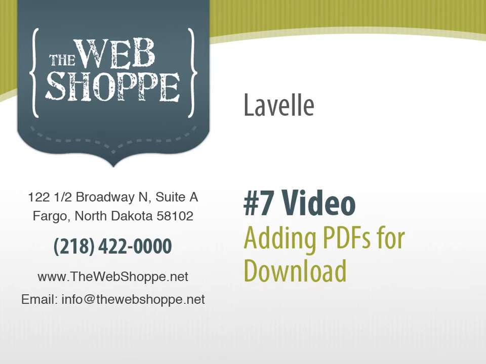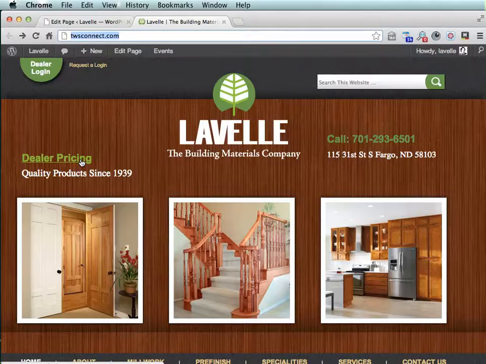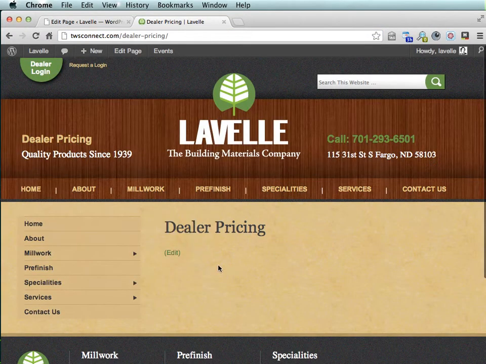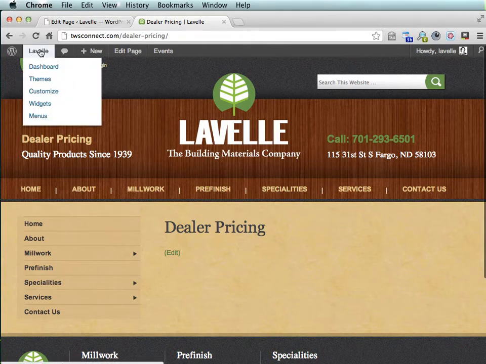This video shows how to add PDFs for download. Probably going to want to add the downloads to the dealer pricing page, I imagine. So this is where everything will be added. It's a two-step process. So first we're going to go into the admin panel or the dashboard and add all